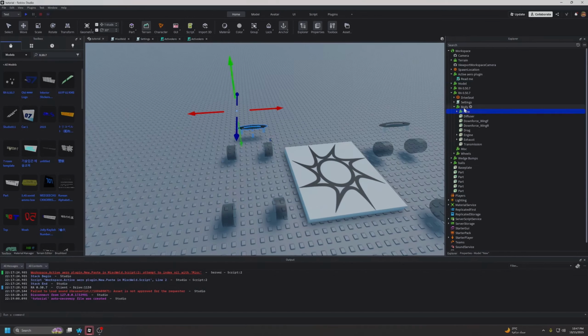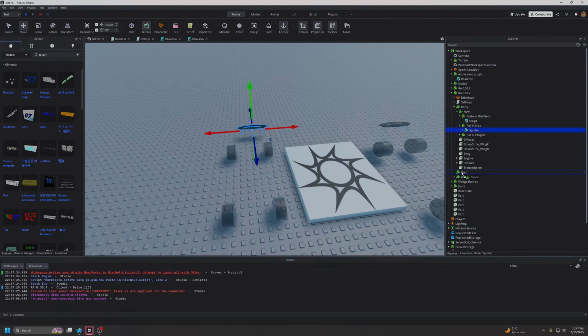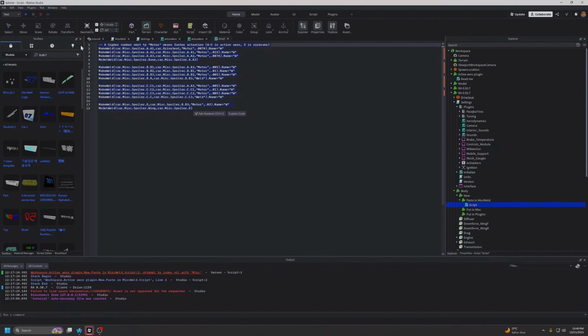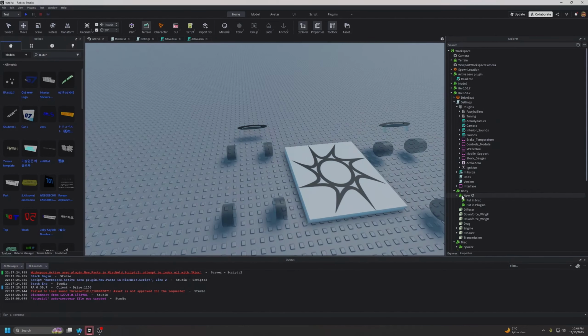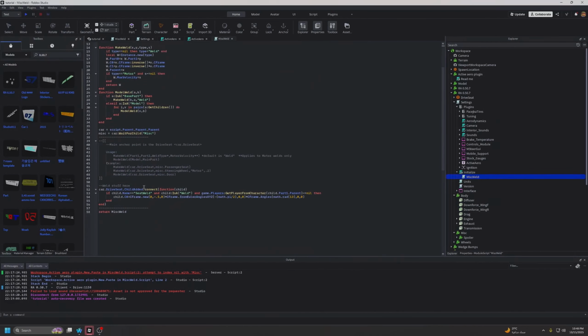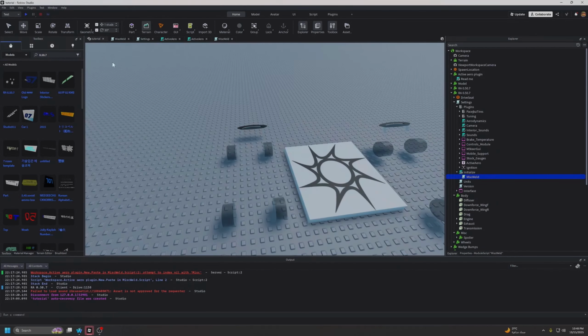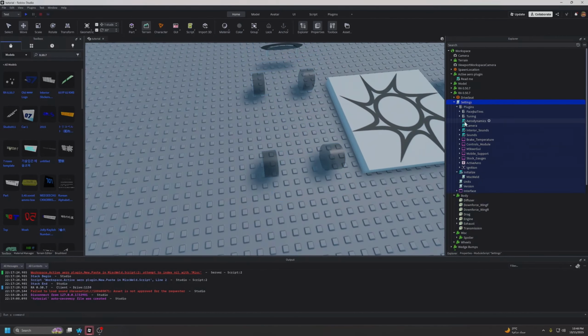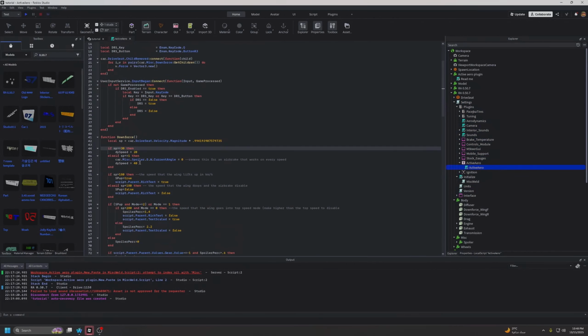What the hell? Okay, just put this in MISC, put this in plugins. Put this in MISC weld. Okay, that's great. Anyway, so here,